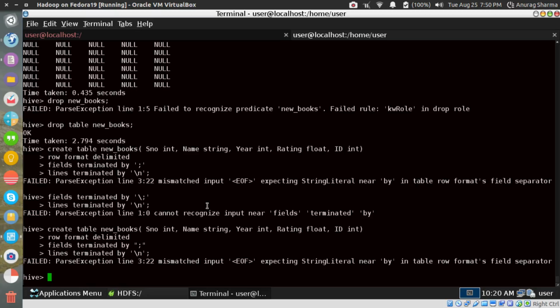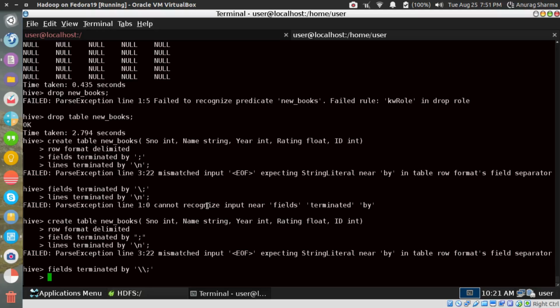Okay, so it's not taking a semicolon now, and even an escape doesn't work.